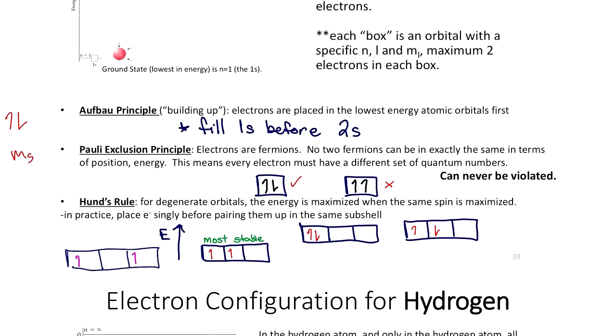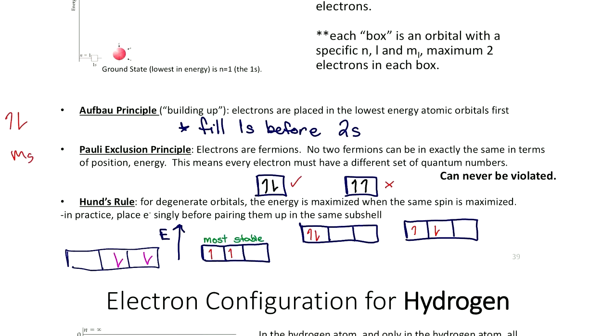What if I did this? Is that okay? It is okay, because again, our brains want to write them left to right, but you don't have to. And for some reason, we want to put the electrons spin up, but we don't have to. They can both be spin down. We still maximize spin in this case, just in the other direction.